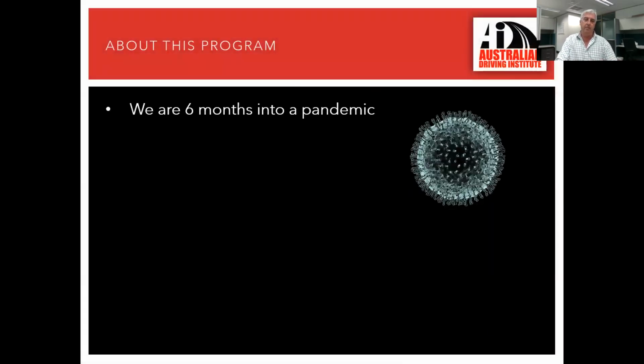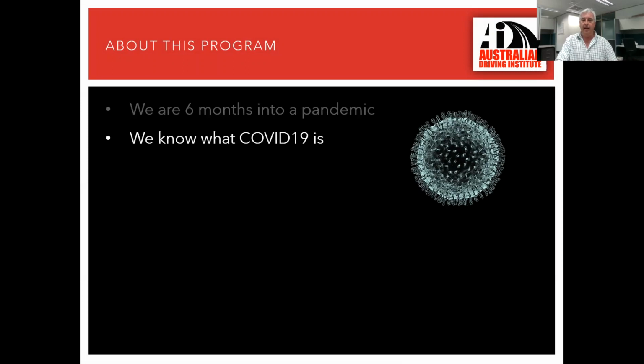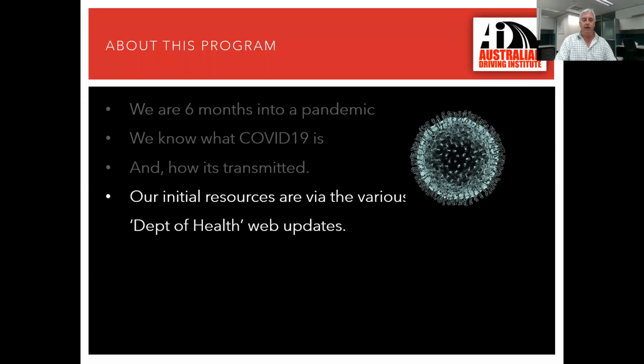So we're now 6 months into this pandemic. We've got a pretty good idea what COVID-19 is. Of course, in the early stages of developing this, it was all still very new. We didn't know anywhere near as much as we do now. We know better about how it's transmitted, and there's some interesting points there later on. So our initial resources are starting from the various Department of Health websites around the country. That's our starting point. Obviously, we used WHO, but our starting point is with the...